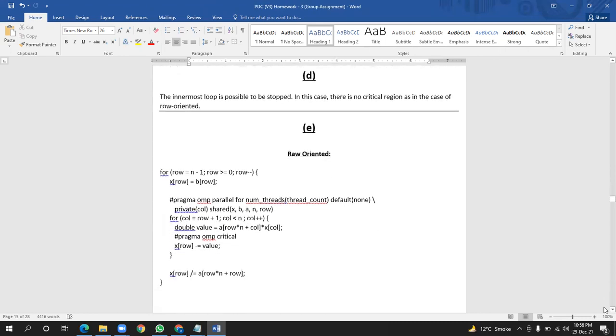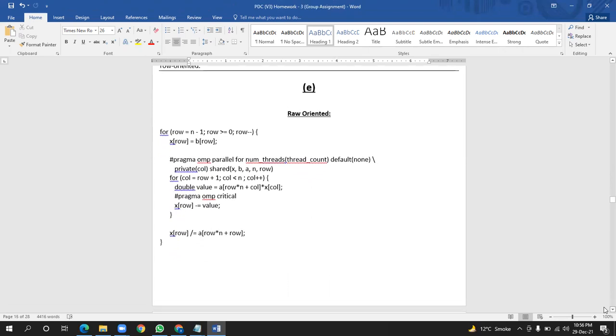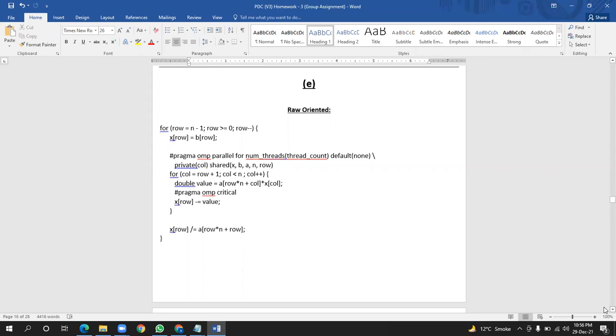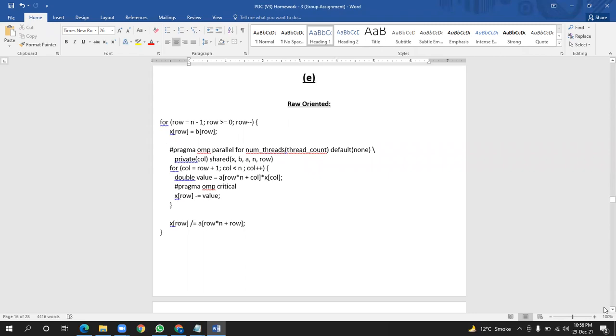Now E part, ओपन एमपी के प्रोग्राम के थ्रू डिटरमाइन करेंगे कि single directive useful when a block of code is being executed in parallel and a sub block should be executed only by a thread. तो पहले हमने फॉर लूप लगाया, उसमें हमने रोज लिए हैं और उसके बाद हमने प्रैग्मा ओएमपी पैरेलल फॉर नंबर ऑफ थ्रेड्स कॉल किया हुआ है, जो हमारे थ्रेड्स को काउंट करेगी. उसके बाद कॉलम हमारे पास प्राइवेट में है और क्रिटिकल रीजन में हमारी रोज की वैल्यूज आ रही हैं.